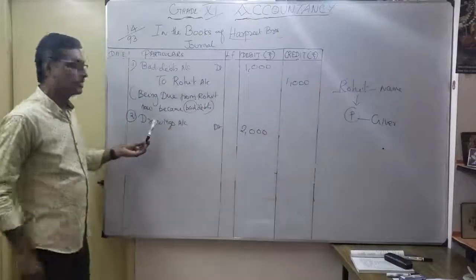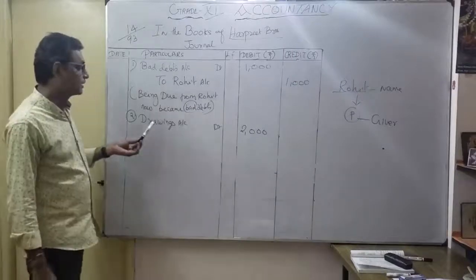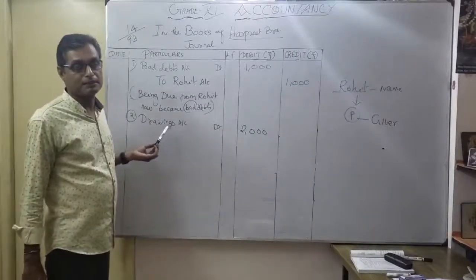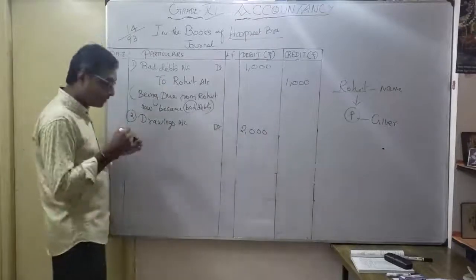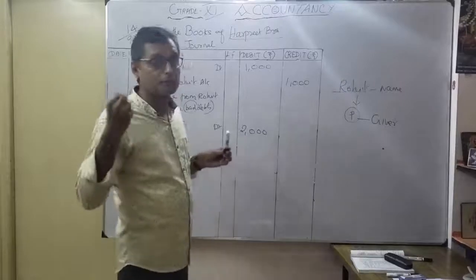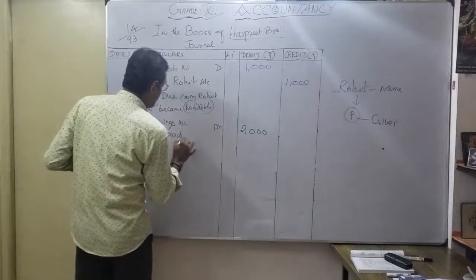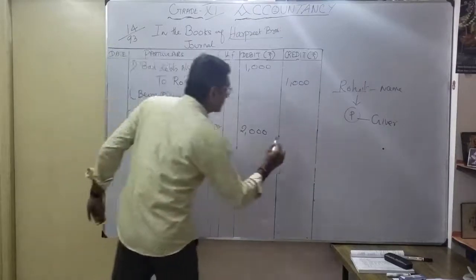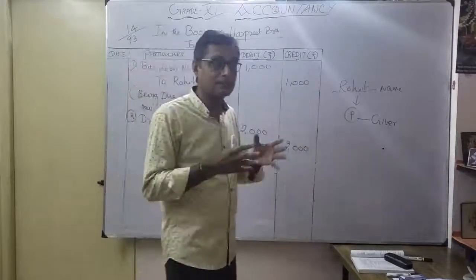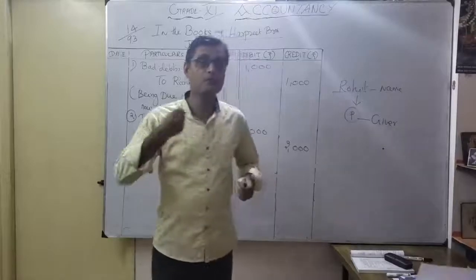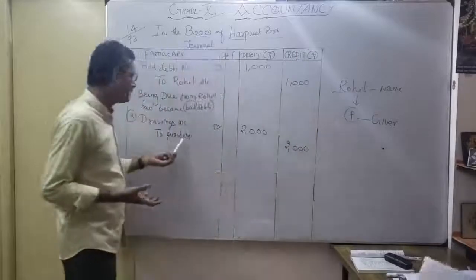The drawings account comes under a nominal account. As per the nominal account rule, debit all expenses and losses. Here the drawings account is an expense. You have to show it as an expense for the company, for the personal use it took. For the goods the proprietor took for personal use, I credited purchases. Then only my purchase amount will reduce. Earlier, whenever goods were purchased, I debited purchases. Now I am taking some goods for my personal use, so my goods become reduced. That's why I am crediting purchases.